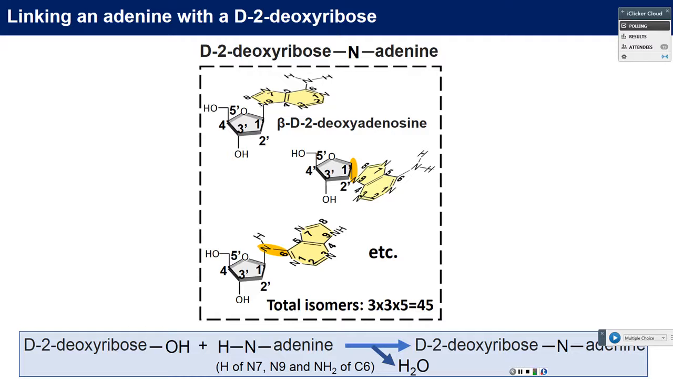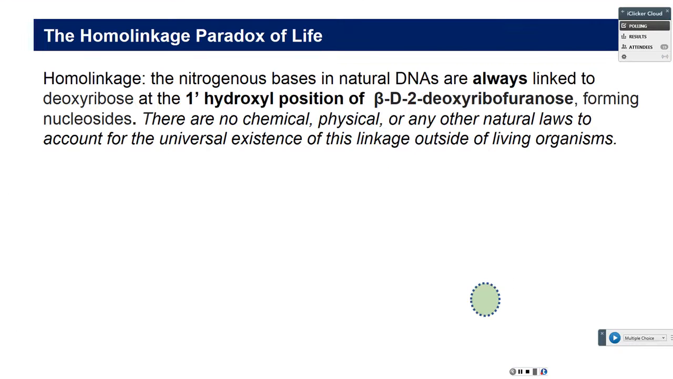Here are some examples of those linkages. One of those 45 is this. This is the only one that actually exists in our natural DNA, right? So that's the only form. So here we have the paradox of, I say, homolinkage. That term is made by me. Maybe you have a different thought, but the idea is that,